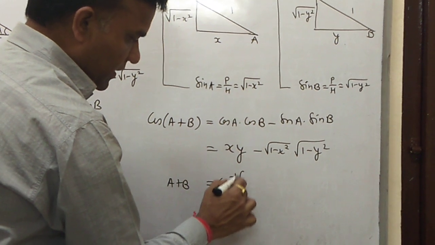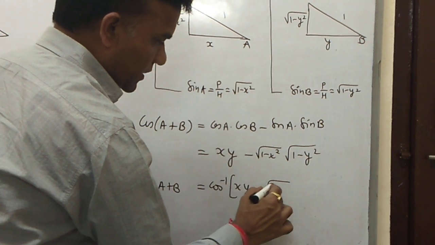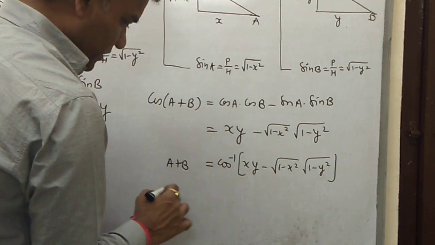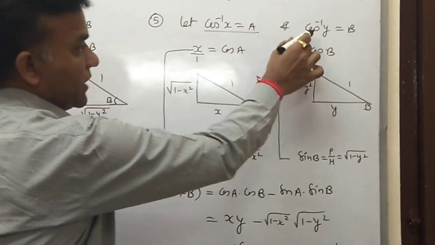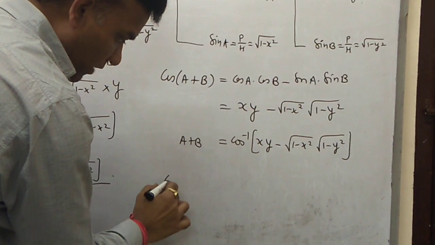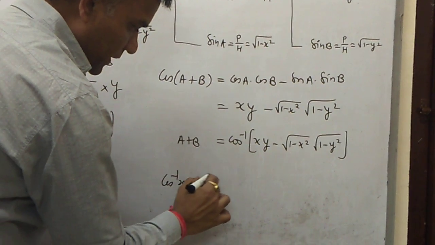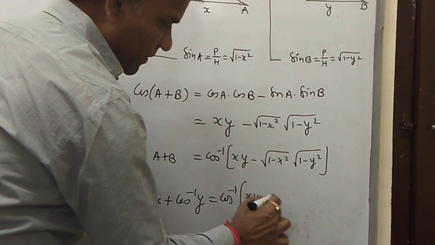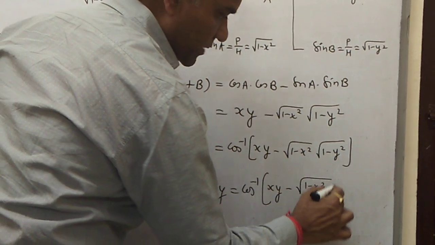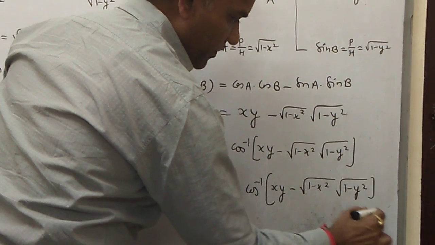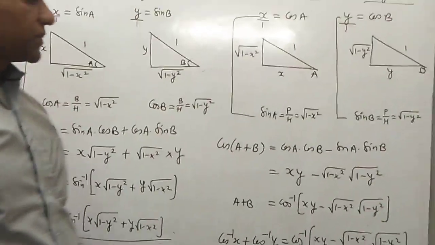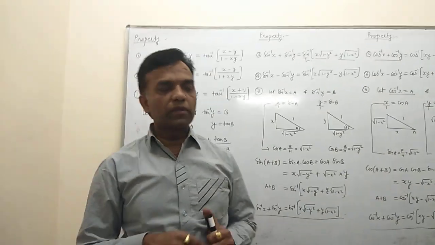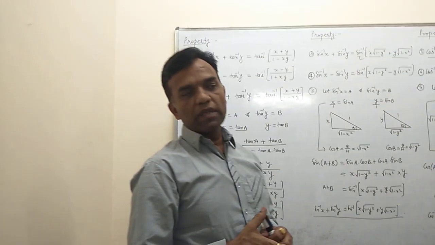Then a plus b equals cos inverse of xy minus under root of 1 minus x square times under root of 1 minus y square. Here a and b are known from what we assumed previously, so in place of a plus b you write cos inverse x plus cos inverse y, which is equal to cos inverse of xy minus under root of 1 minus x square under root of 1 minus y square, and then we have proved this formula. Okay, so this sixth formula we have shown